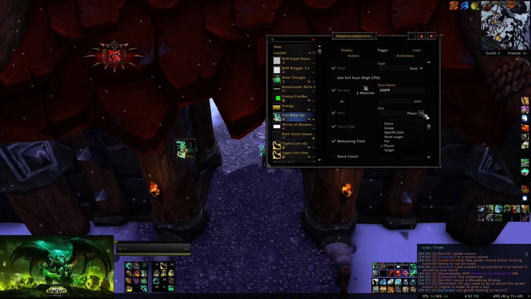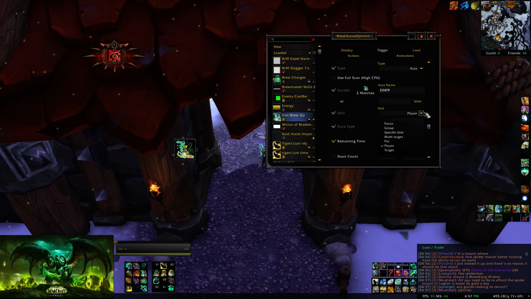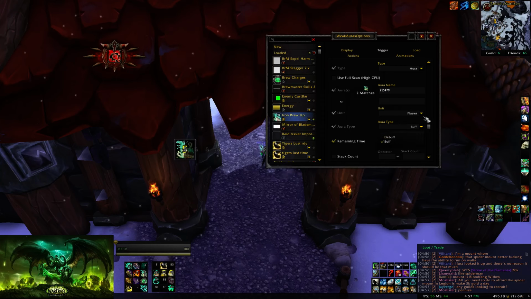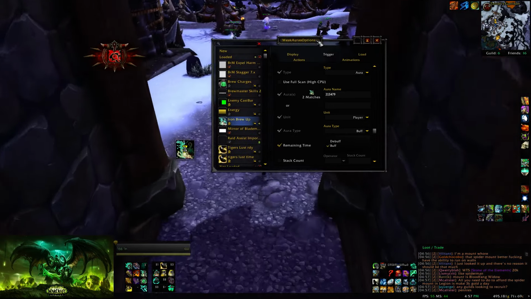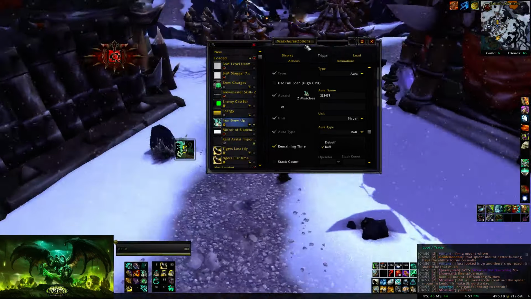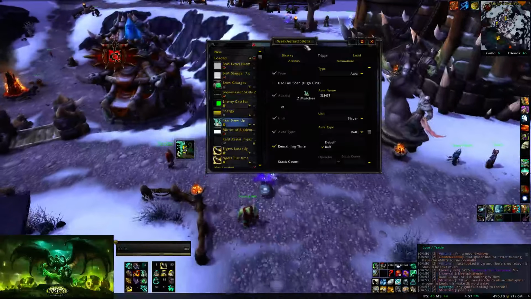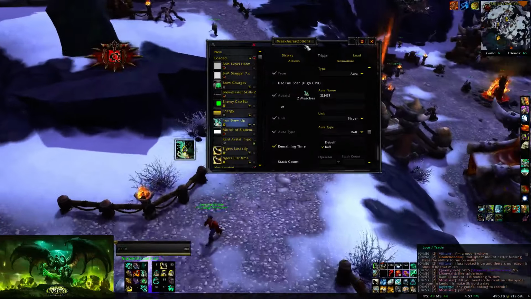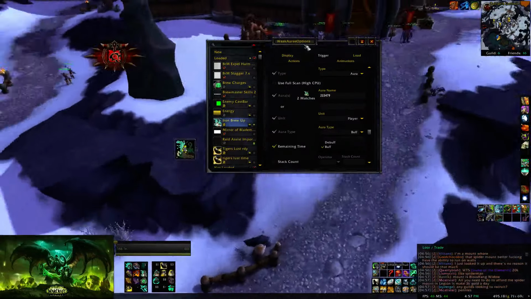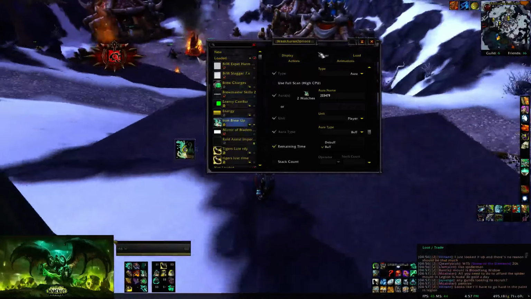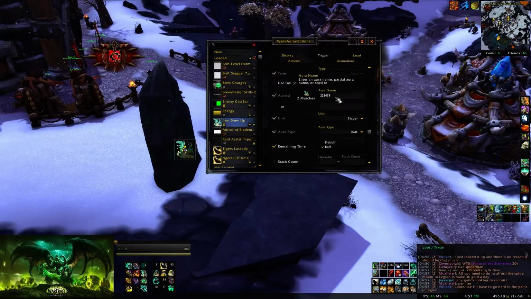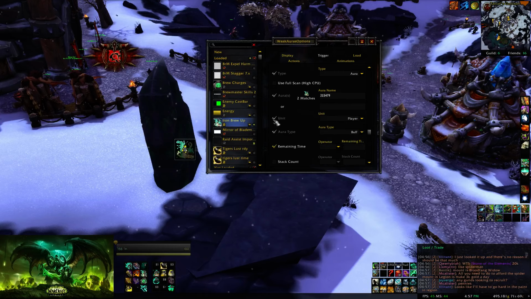You would just choose either yourself or the target, whatever debuff you're trying to find, and then you would put the debuff. And that's how you can track when you put things on the enemy, like for example dots if you're a caster, or specifically if you want to talk tanks, if you're trying to track your thrash stacks on an enemy target, if you're trying to track your disease as a blood DK on the enemy target, you would go ahead and do that. And it's really just a matter of putting in the name, making sure that you're tracking it on the right person, either yourself or the enemy, and